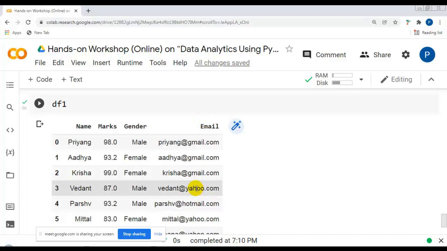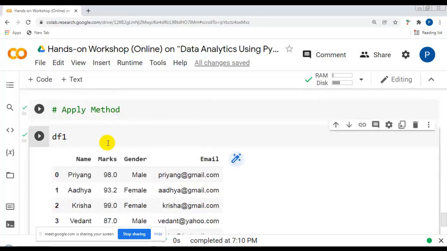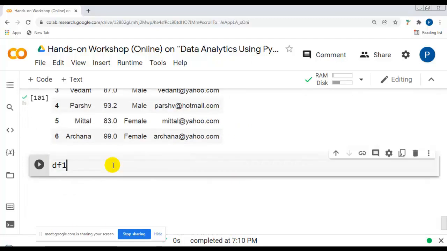But what I want to do, you can do this in many ways as per your data set. But here for teaching and learning purposes, I want half marks, 50% marks, and I want to create one new column with half marks using this apply method, because I want to show you how we can use this apply method. So please remember, here I am going to create one new column that contains 50% marks, half of it. Let me first write df1, and we have to work on the marks column, because we want half marks.